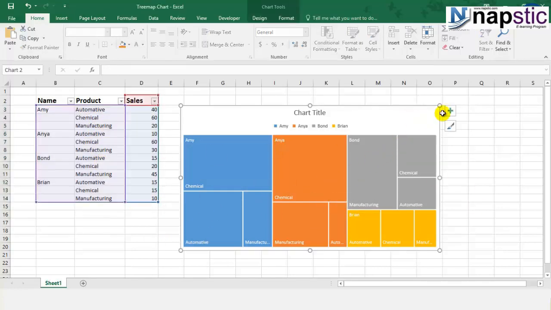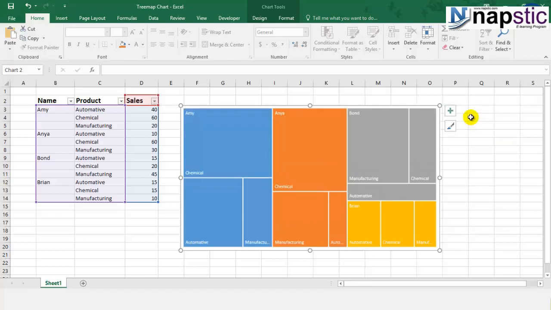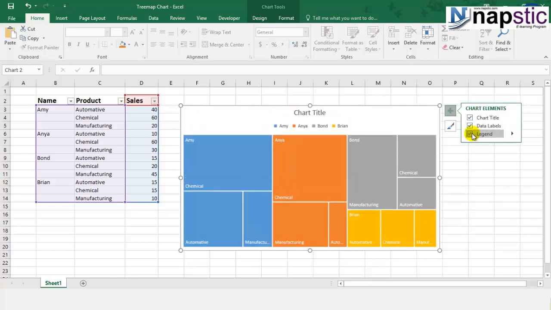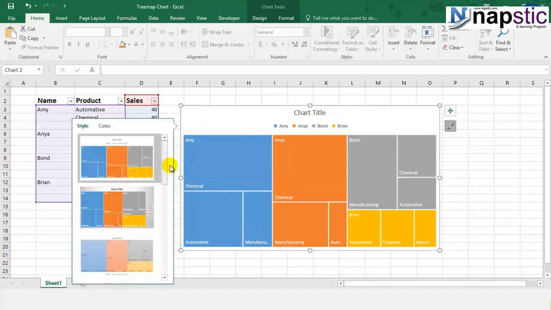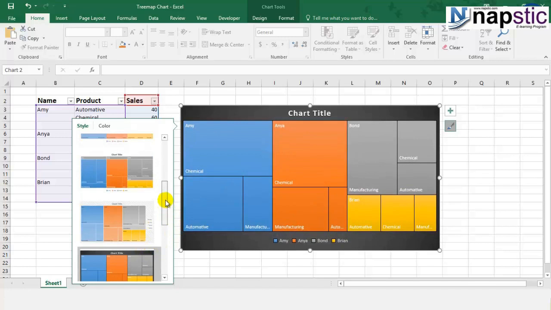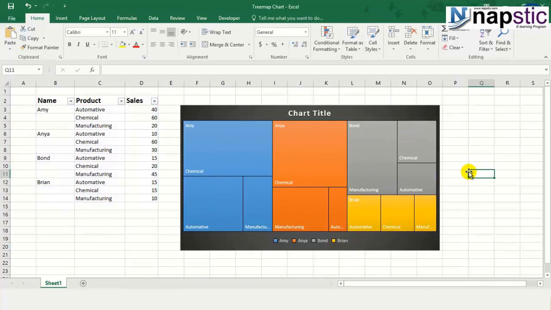Let's look at the various chart options. As I told you, we have various chart elements over here, so you can always edit them the way you want, but let's keep all three. This is making the data more clear. You can choose the style the way you want it to look. This looks better, and you can always select the colors, right? The first option looked good because we have 4 different colors for all the 4 employees. So this looks fine, right?